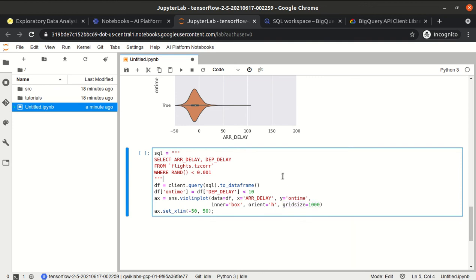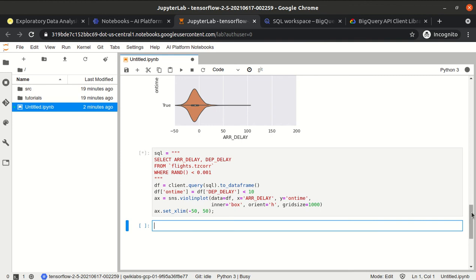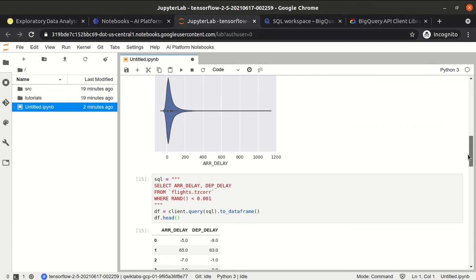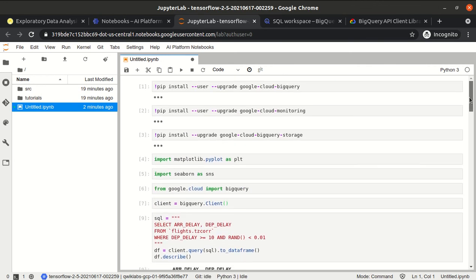I'm not aware, I generally do not use this Seaborn library, so I'm not sure what a violin plot is and how to read it, what this curve shows, what the grid size is, what the box plot is. But our task is not to learn about the Seaborn library. Our task is, if someone gives us the scenario, can you read the data from BigQuery using the AI platform notebooks, then we can say yes, and the answer is how we can do that.